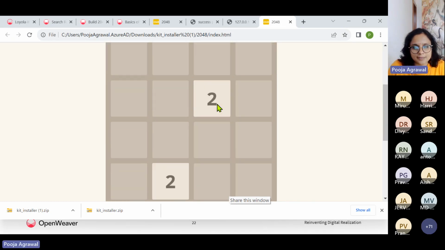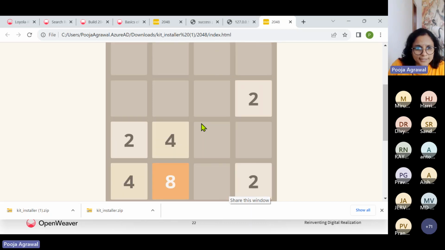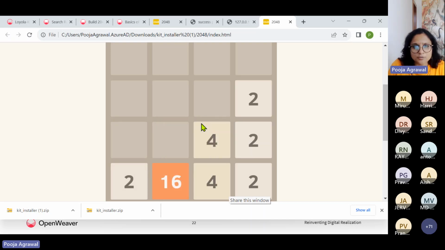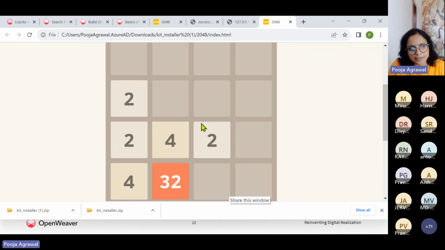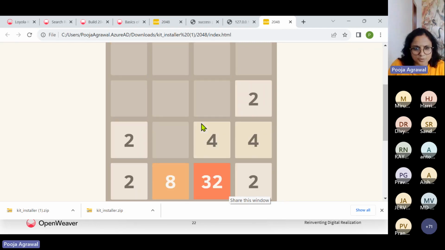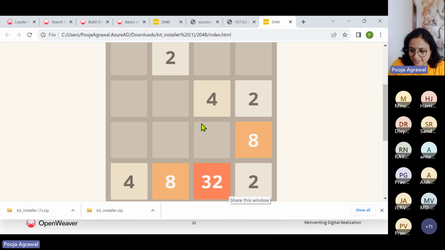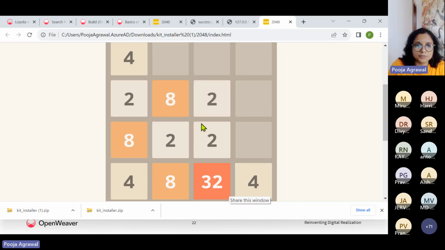And what is this game? If you guys have already played, good. I would just need to use arrow keys. So let's say I just play it, and the objective is to primarily reach the number 2048 such that we swap the tiles, we connect them, and the similar numbers add up. And that way we could get to the highest score also. So yeah, you could also create this simplistic game in JavaScript by using the script elements.